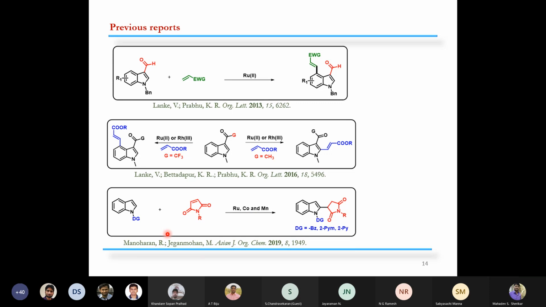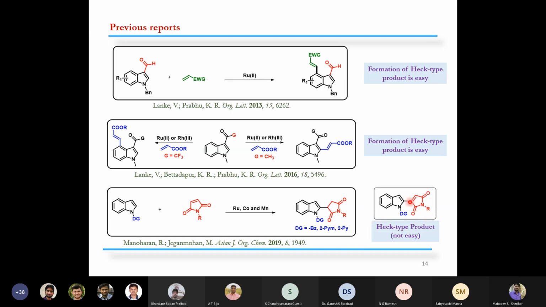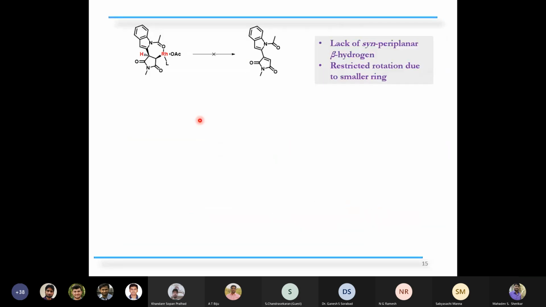Meanwhile, various groups have used the directing group on the nitrogen atom, and they coupled at the C2 position of indole, and all these reports are hydroarylation by using different transition metal catalysts. I would like to draw your attention here that in the case of acyclic coupling partners, for example acrylate, acrylic acid, etc., the formation of Heck type product is very easy. While in the case of maleimide, as I told earlier, getting Heck type product is not easy, because if you look at this